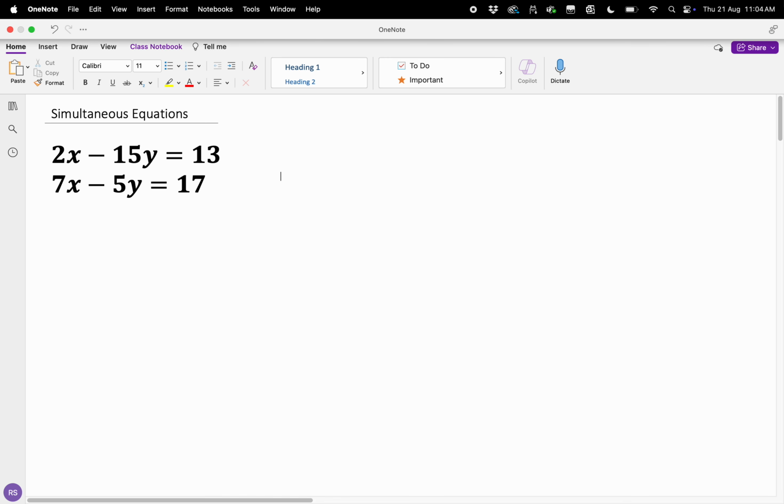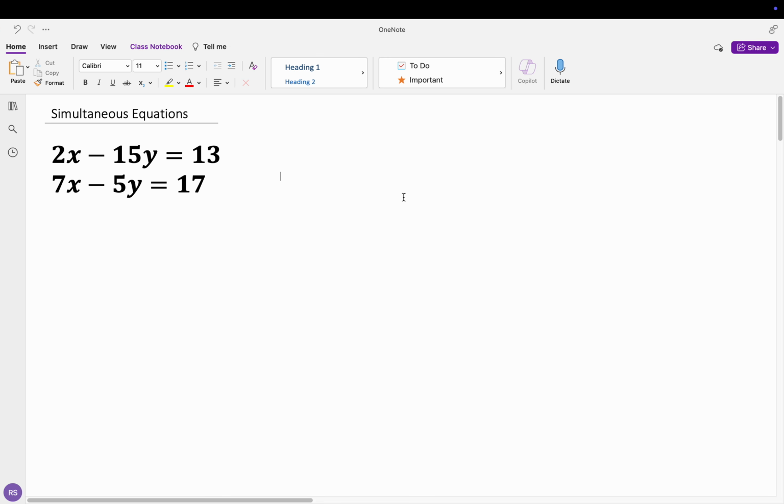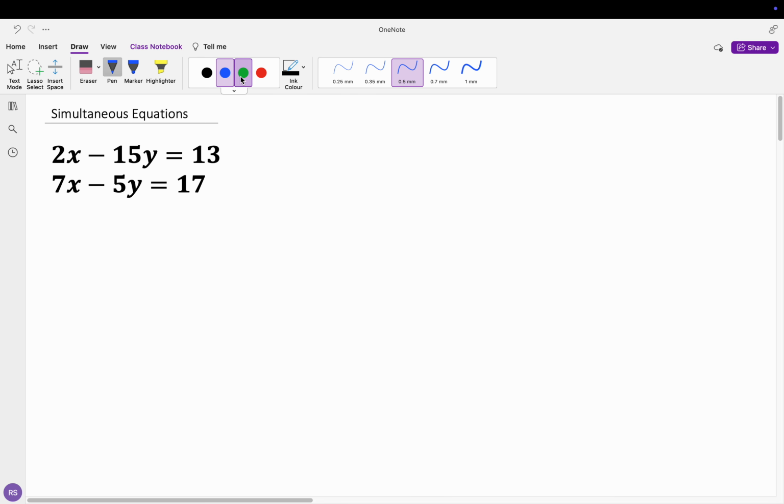So in this video, we're going to be looking at another example of how to solve simultaneous equations using the elimination method. Again, the elimination method is where we try to eliminate or get rid of one of the variables, x or y. We can choose either variable, and the way to do it is, first step is always to assign